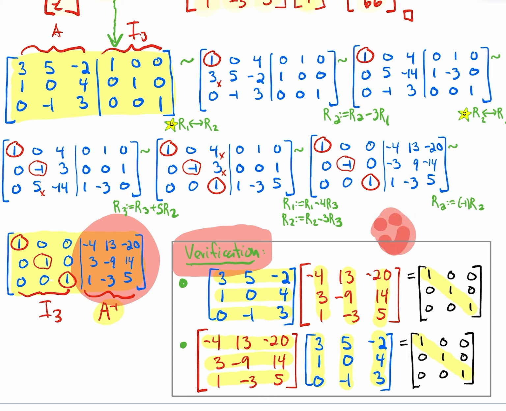This is a perfect way to spend a Friday night. Like, hey, I have nothing else to do. I've been watching TikToks all day. Why is my life going nowhere when you could be doing Gauss-Jordan to compute the inverse of 3 by 3 matrices and verify that this inverse is indeed the inverse, because when you multiply those two matrices together, you get the